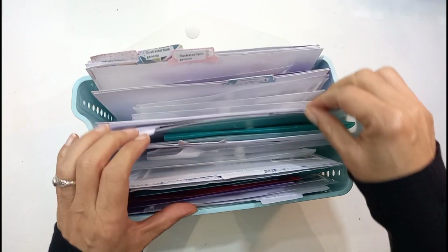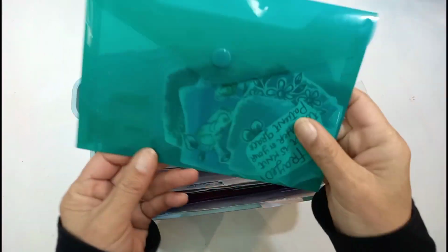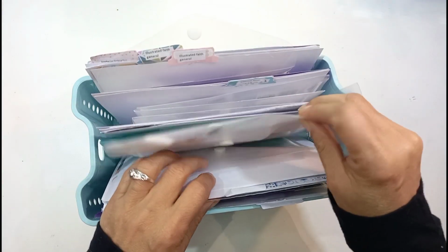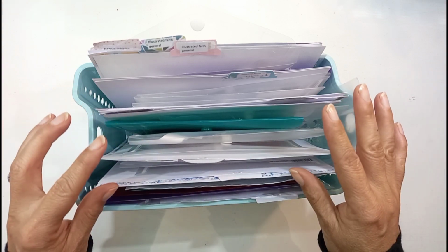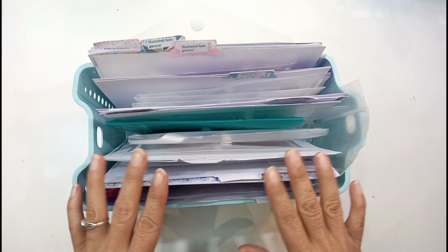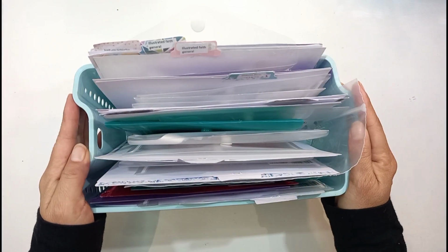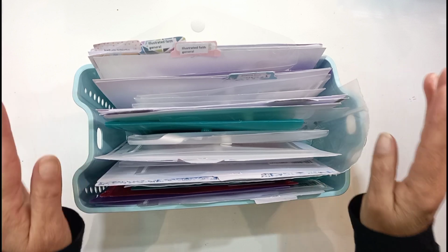I have my dividers for the different companies and artists, and then I've got these clear pockets, which I put it in. When I'm finished with a printable, I just put the leftovers there, and this comes very useful when I do my sermon notes. Then I think about what the sermon is. If I can have a printable that goes more or less with the sermon, I use it, or I just use flowers. So yeah, this is my first absolutely favorite thing, which I must have for Bible journaling, is printables